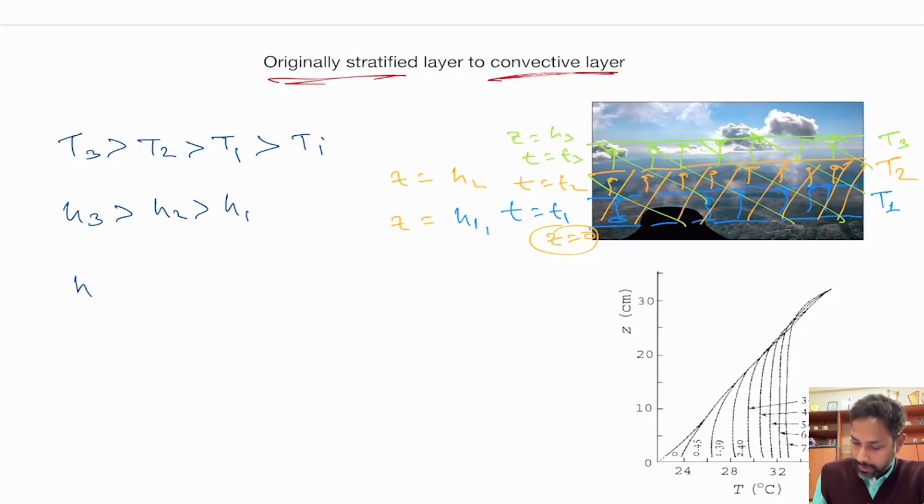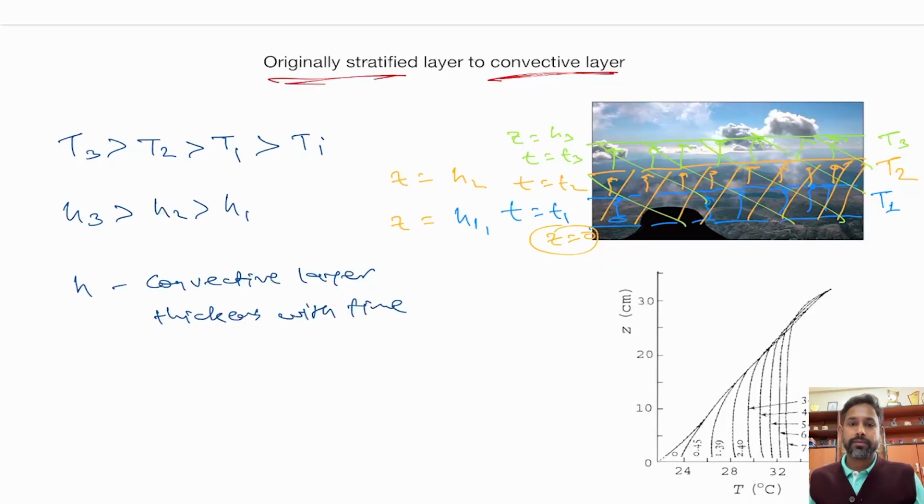So H, that is the convective layer, thickens with time, right? So the thickness of the layer slowly increases with time, and also your temperature,